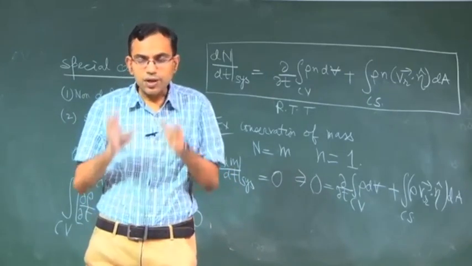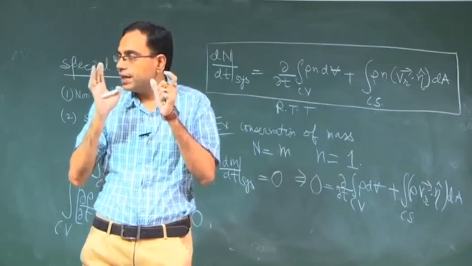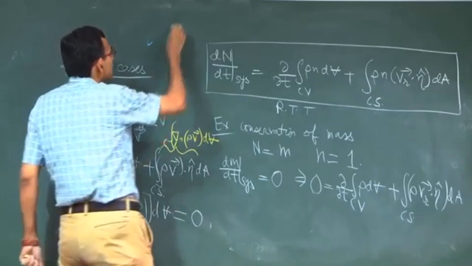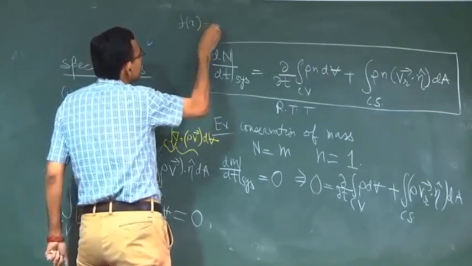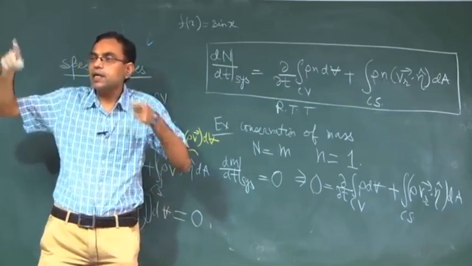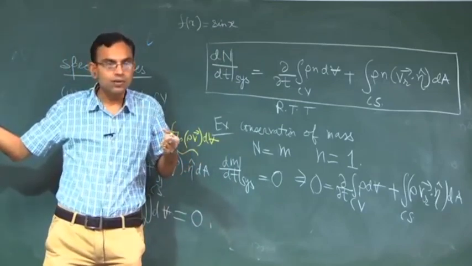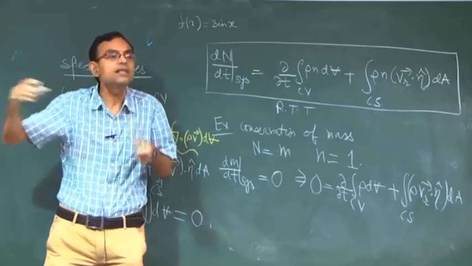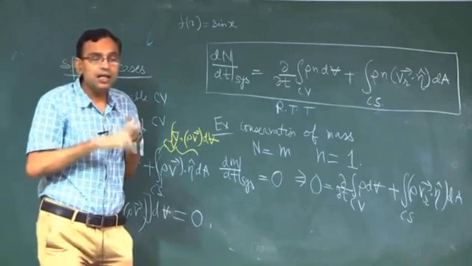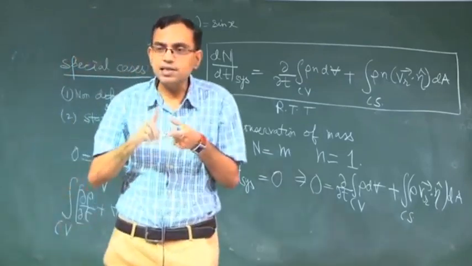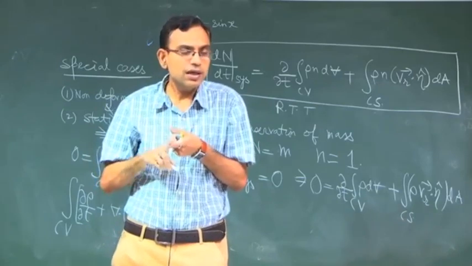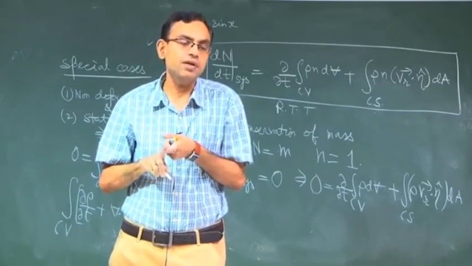So, we have to typically assess the situation carefully. Imagine that a function f(x) equals sin x. Over a period, the integral of f(x) dx is equal to 0, but that does not mean that sin x is locally 0 everywhere. But if we say that the integral of f(x) dx is 0 for every choice of the domain, then that is possible only if f(x) is equal to 0.